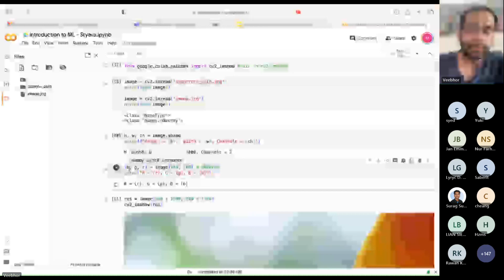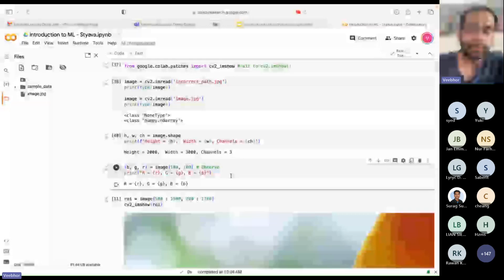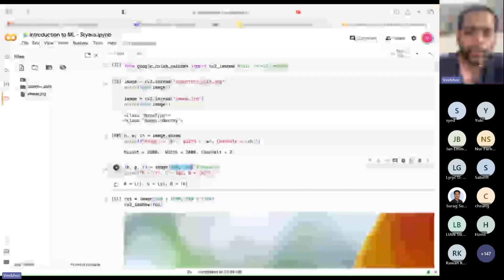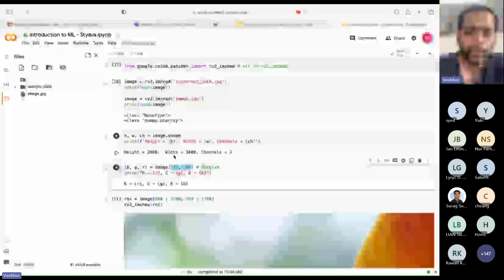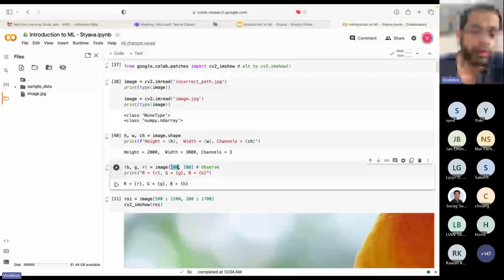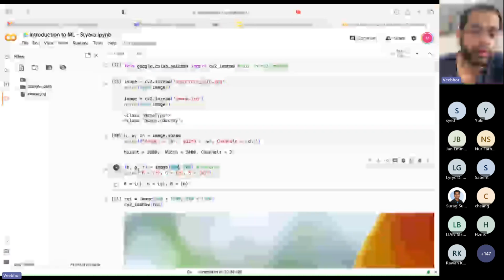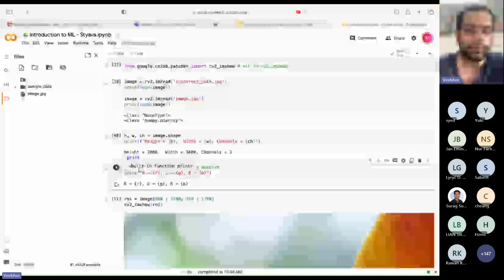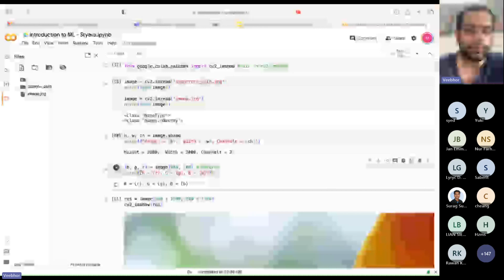But you can extract the value by just pointing to the cell in that array. So we know that it is 2000 cross 3000. So from 0 to 1999 in height, or in the first column, and from 0 to 2999 in the second column. These are our value ranges. So I just went ahead and grabbed the value at 100 comma 100, and it is a set of three values. Okay, so there is an error. Yeah, now it shows you the actual values. So these values are from 0 to